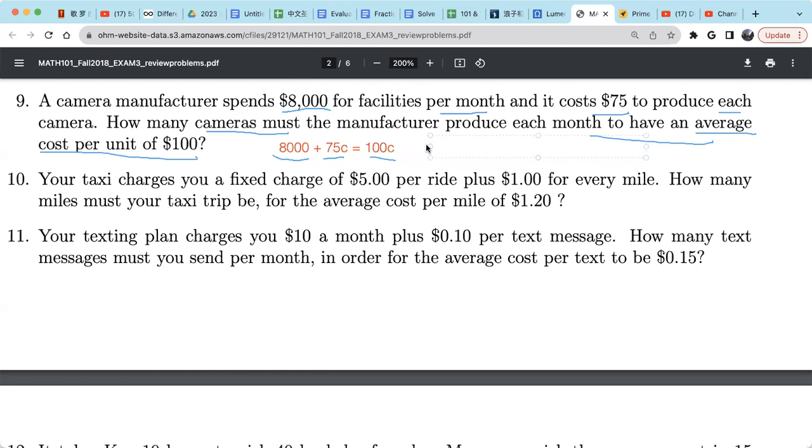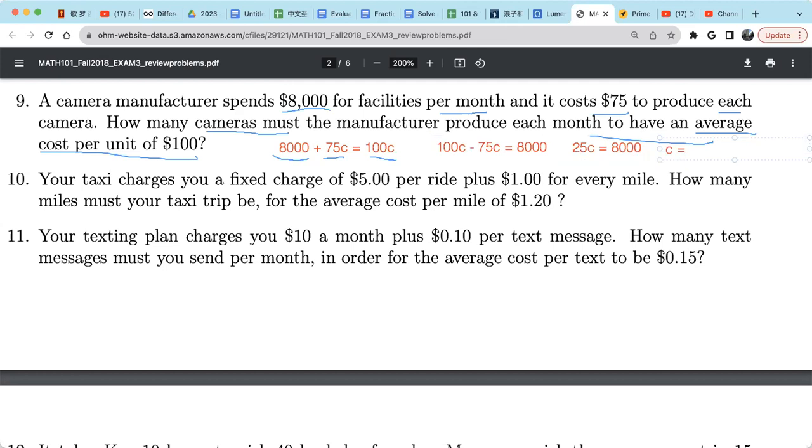Now we just solve this linear equation, right? We have 100 C minus 75 C equals 8,000. Well, 100 C minus 75 C, that's 25 C. 25 C equals 8,000. So C equals